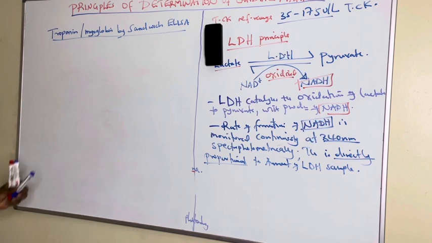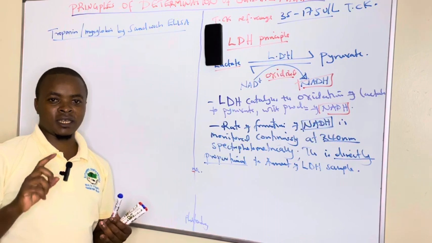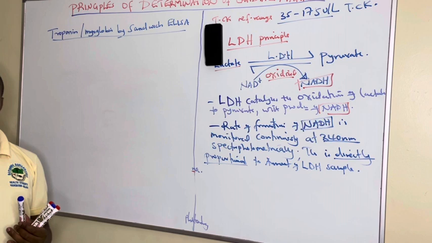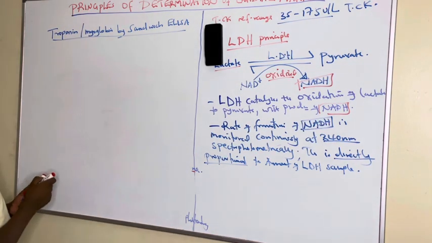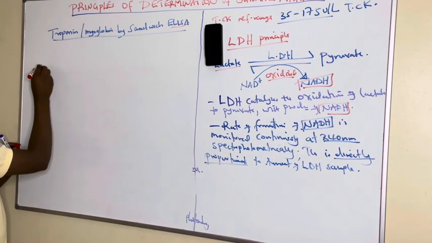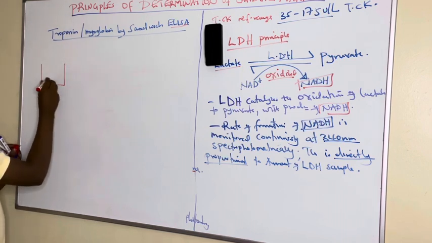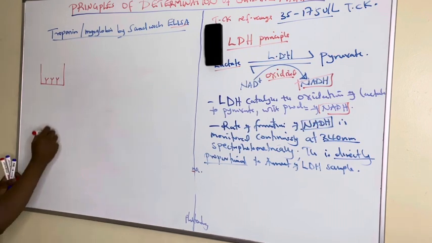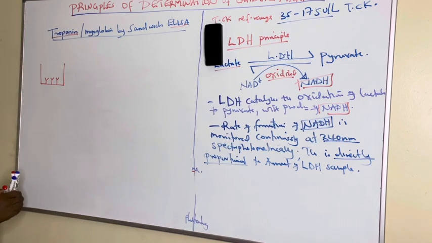In the previous video, we saw troponin has troponin I, troponin T, and troponin C. And we said troponin I is more specific, followed by troponin T, but troponin C is not specific to the cardiac. And we are using solid phase ELISA, what we call sandwich ELISA. If I have a microtiter well, this microtiter well is pre-coated with specific monoclonal antibodies. If we use the example of troponin in this case,